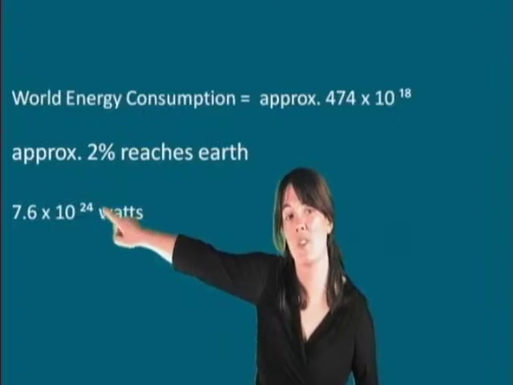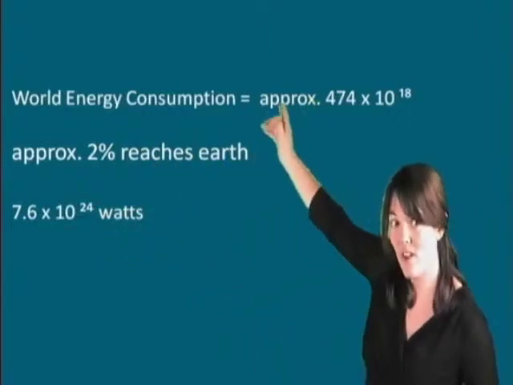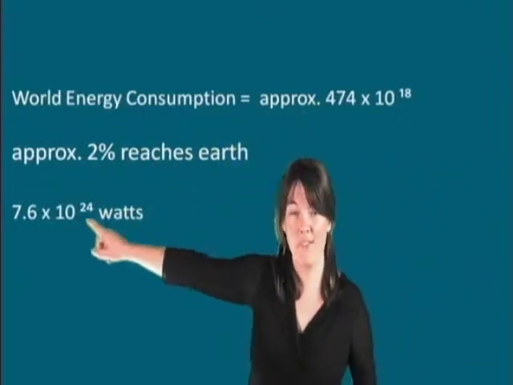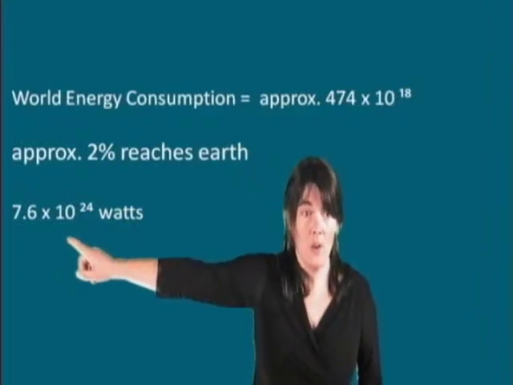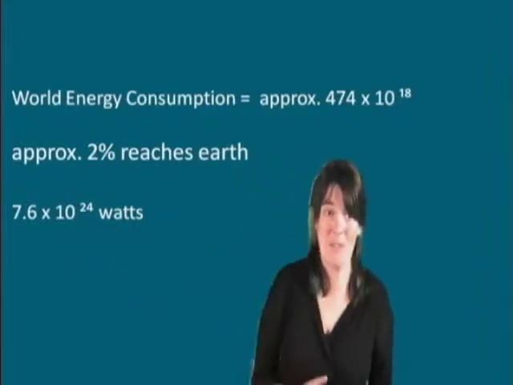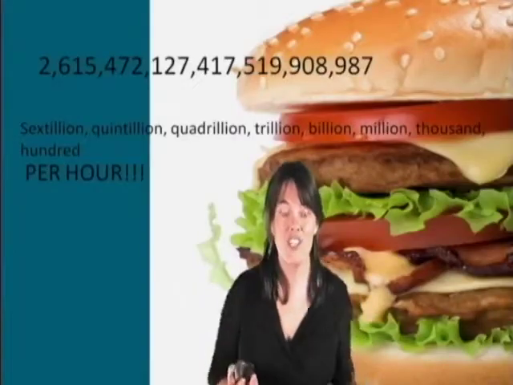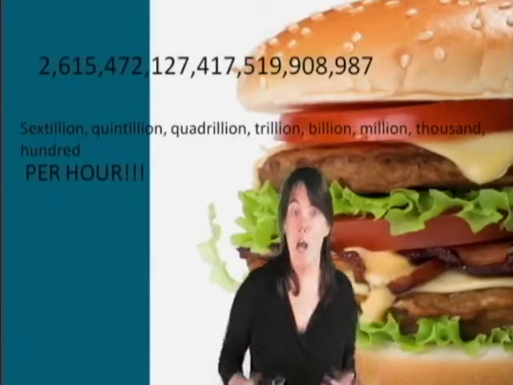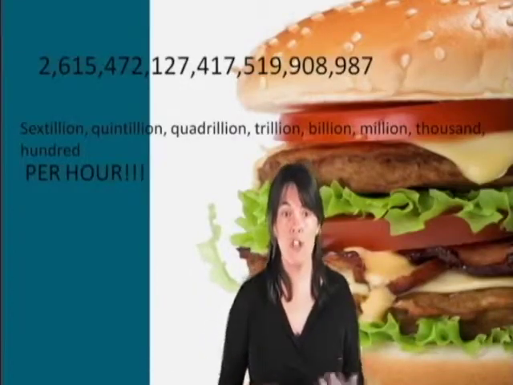So we have a lot more zeros on this one than we do on this one. And when we start talking about numbers that have 24 zeros after them, we're talking about really, really large numbers. So we know that we have a lot of energy that is left to use. So just to give you an idea, if we were to be using all of this energy that we had,